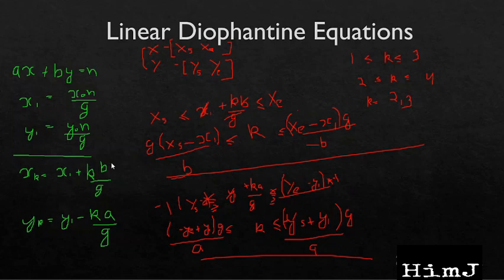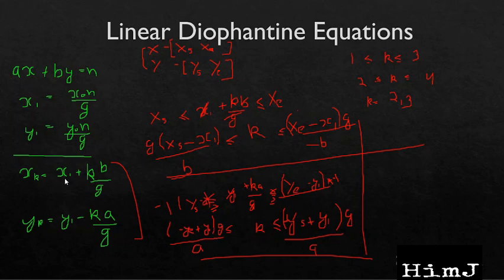And basically, after finding the general equations, the concept can be modified in different ways. Suppose the question asks to find a solution such that x plus y should be minimum. Again, I will recommend you to first pause the video and try to come up with the solution yourself, now for the problem that we have to find a solution such that x plus y should be minimum. And again, if there are no constraints, then the answer will be minus infinity. We can just keep on reducing x or y. So now first pause the video and try to find a solution such that x plus y is minimum. So let's see how this can be done.